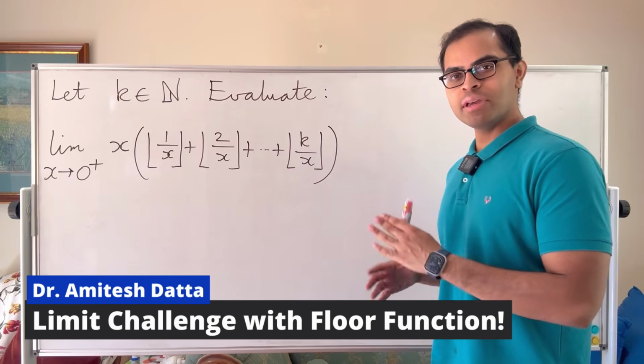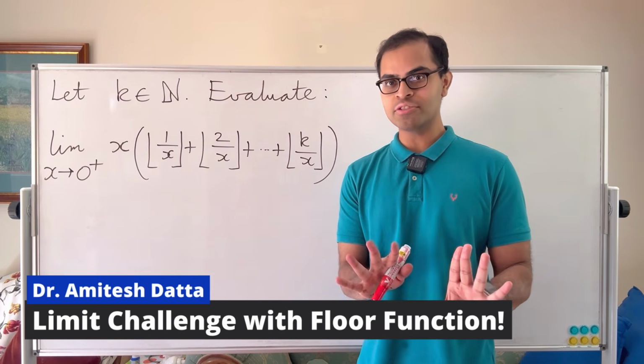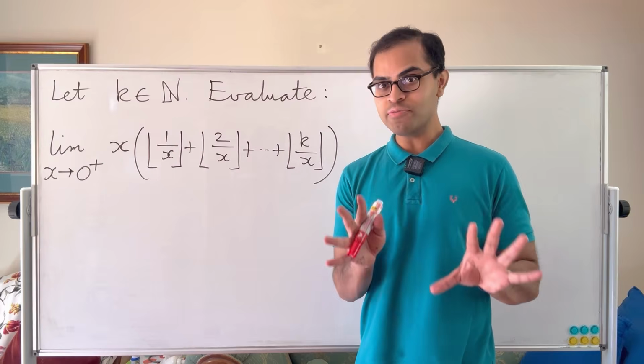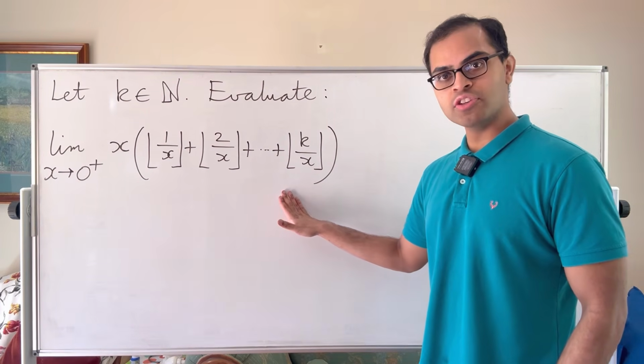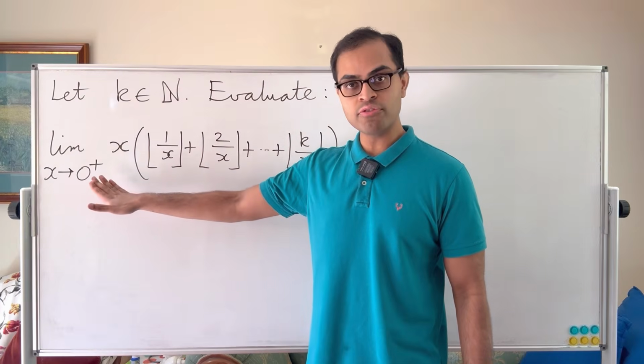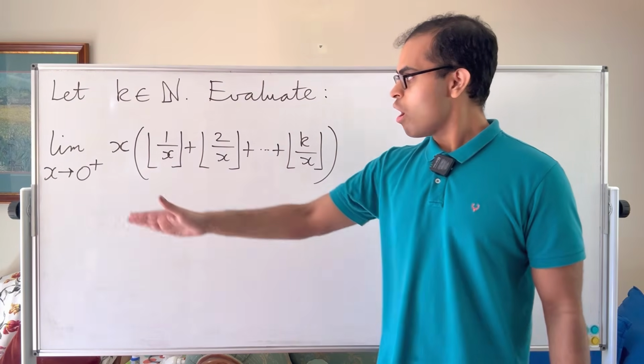Here's a beautiful limit, but it looks challenging and I'm going to deconstruct it for you in this video. I'm going to show you a beautiful and elegant approach to understanding this limit with the floor function. Okay, so the limit is the limit as x goes to 0 from the right, so x is positive, of x times